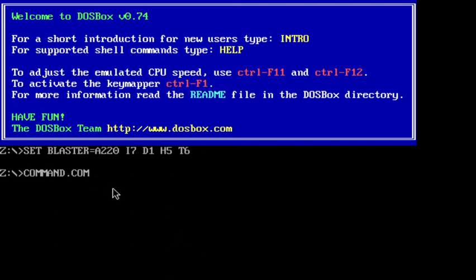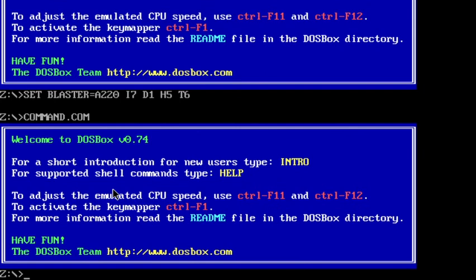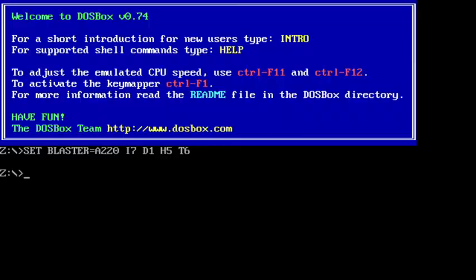First we have to mount our C drive as a local drive.